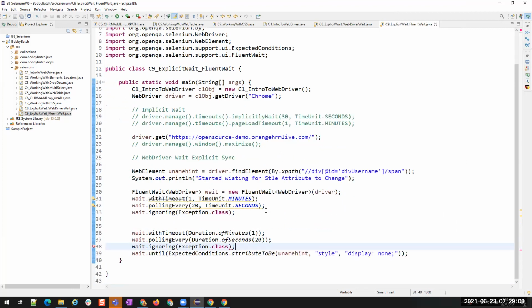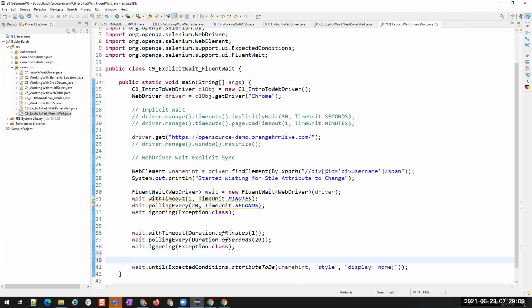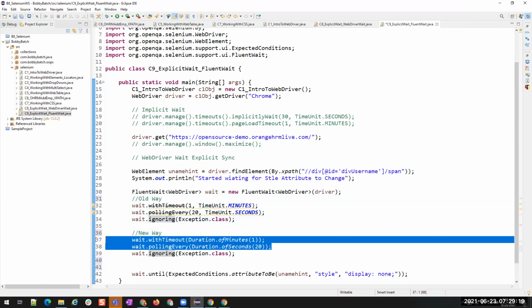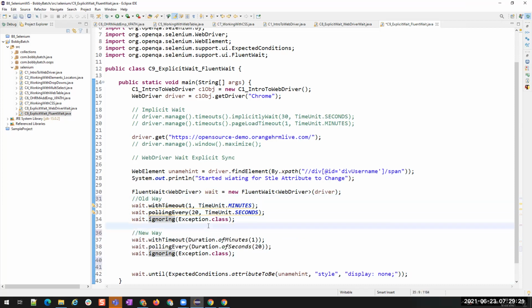You understood the difference between the old way and new way? These are the old methods which are deprecated. So that is the reason these are the methods that we are going to use with timeout and polling. The old way was accepting 2 parameters, but the new way is accepting only 1 parameter.